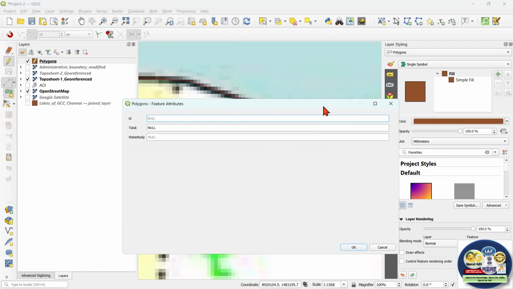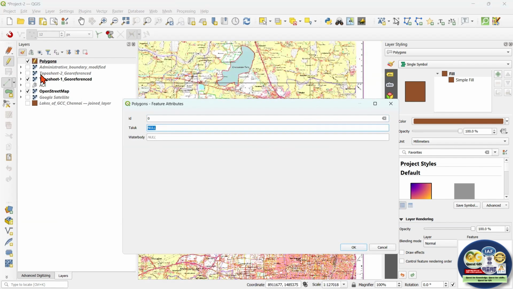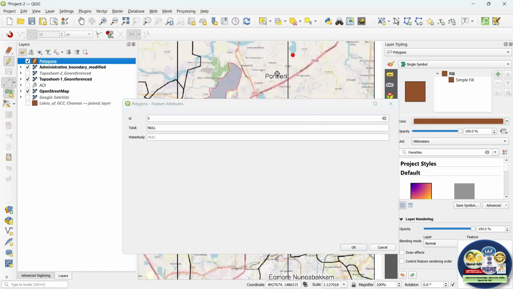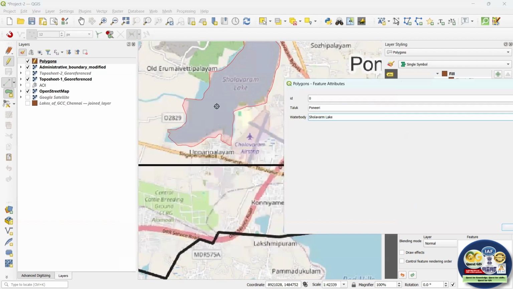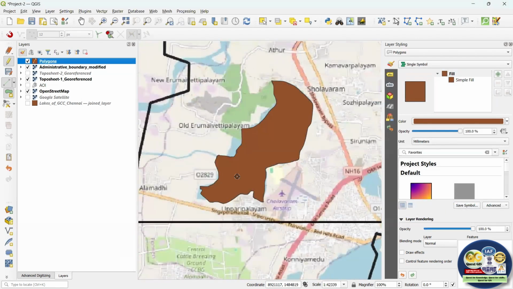Let's give it some ID, let's say 0. And this taluk, if we know the name of the taluk, then we can definitely give it. So in this administrative boundary, we should have the name of this taluk, and this is Poneri. You can give it a name. Just use your keyboard to type the name. And the name of the water body is Sholavaram Lake, so just type Sholavaram Lake. This is how you store your data related to the vectors. I hope this is clear. Click on OK, and you see